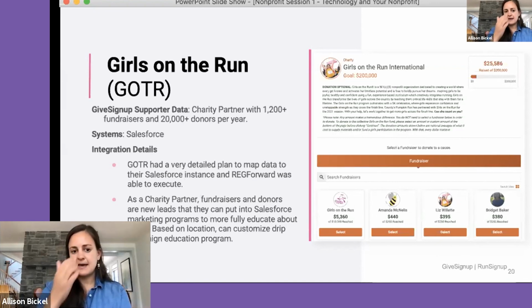And the key thing that Girls on the Run is leveraging that integration for is as soon as somebody makes a donation or becomes a fundraiser, they put them into different drip campaigns that are geographic specific, because they have a lot of different physical presences throughout the country, and they're able to provide very targeted education based on that